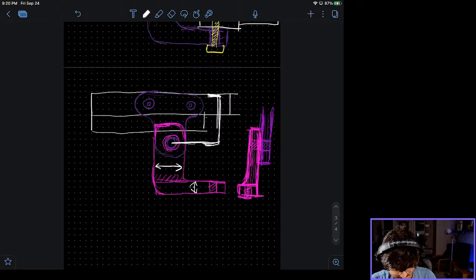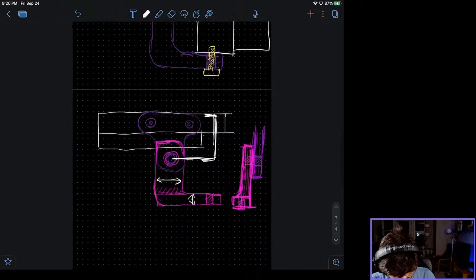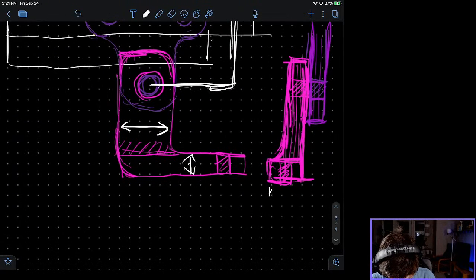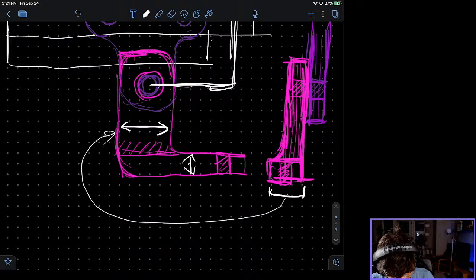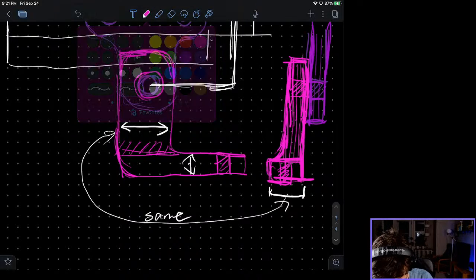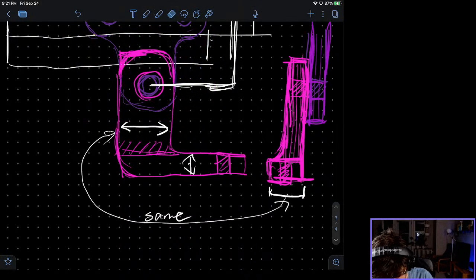And as far as this width here, I think that that's going to be the same as this one. I feel like these two should be the same. So then that makes a fairly even thing. So these are going to be fairly low profile prints. So that should also be a quick print, which is nice. And if they're printing on their backside, then additionally, I can round this over, and that's nice.